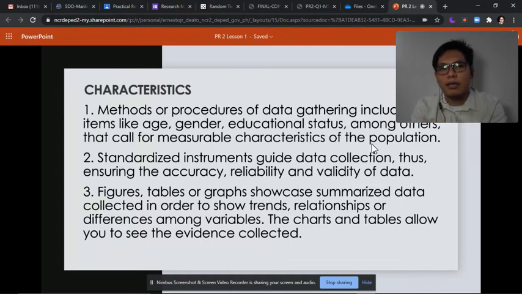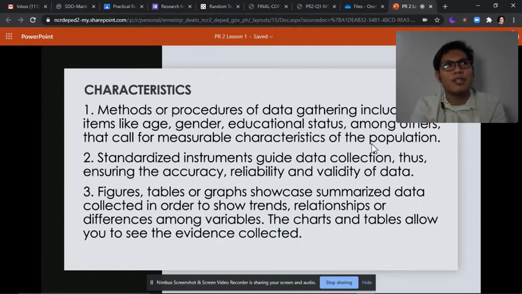So unlike in the first research that we rely on theories, we rely on concepts of different theorists, we will use the standardized instruments for data collection. So later, siguro pag nandun na tayo sa kalagitnaan during research instrument, I will help you to find your own standardized instrument.